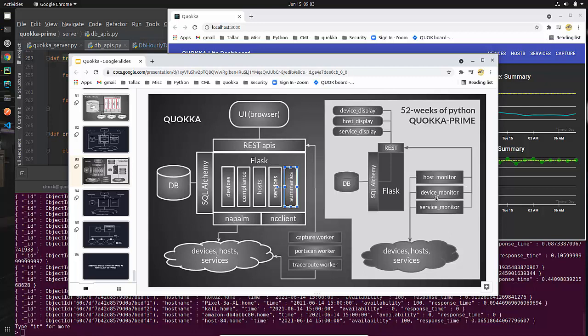So this made it a little bit easier. It made better use of our REST API. It may not have been as fast writing things to the database, but that was a trade-off we were willing to make. And we ended up, if you recall, speculating about distributing this throughout your network, so you have host monitors and device monitors and service monitors in every one of your, let's say, IP subnets or something of that nature. Anyway, it makes it more distributable.